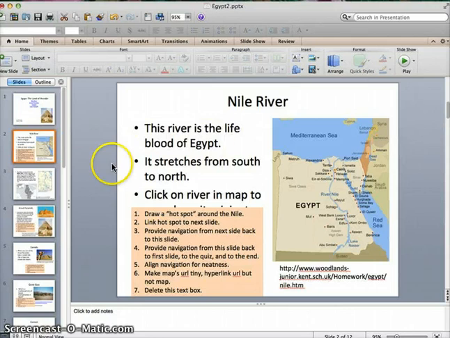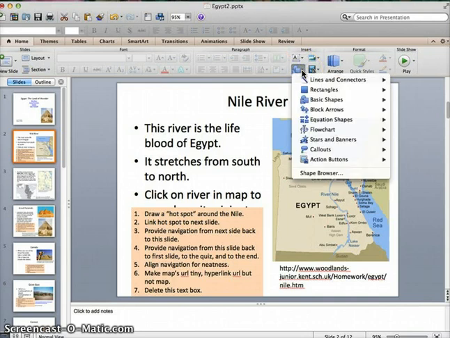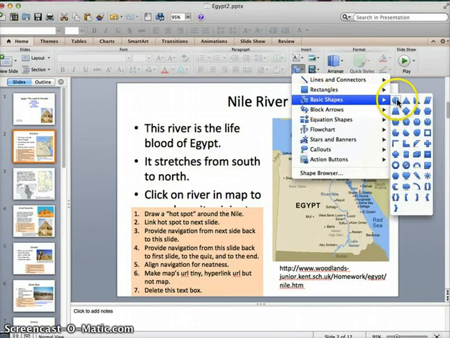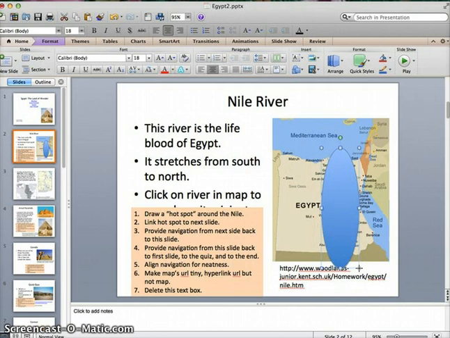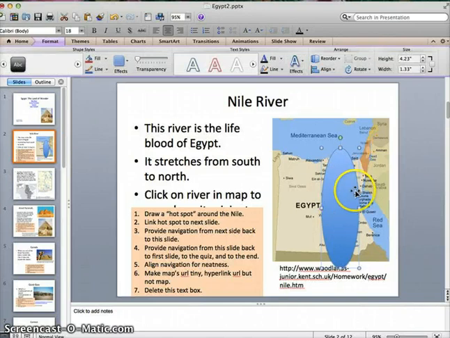It says, using my drawing tools, well, my drawing tools are right here below my text box. I am going to select a basic shape. In this case, the river's long and narrow, so I chose a circle. I am going to draw a circle around the Nile River. Now comes the funny part. What I need to do is double-click on my circle that I drew so that my formatting